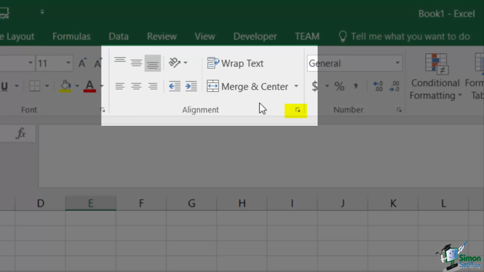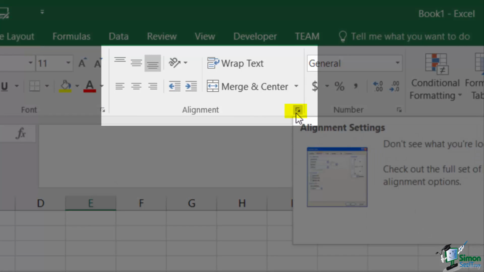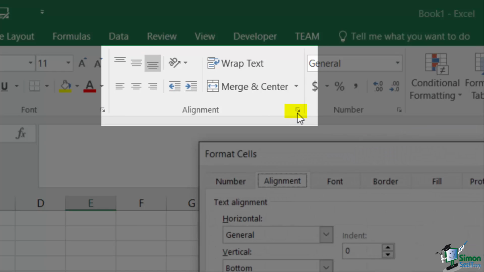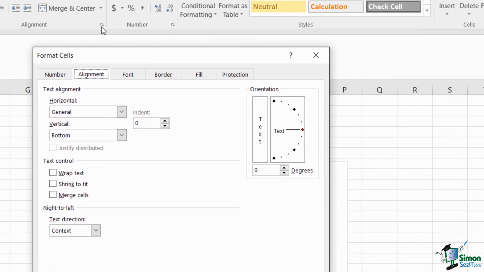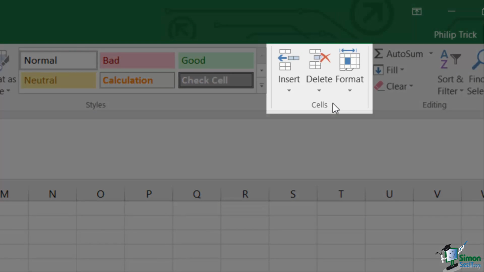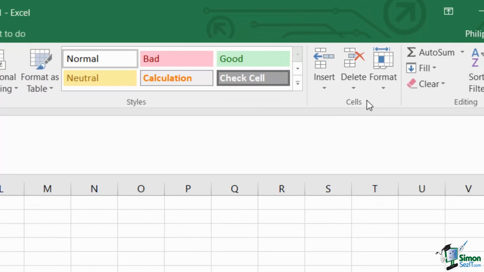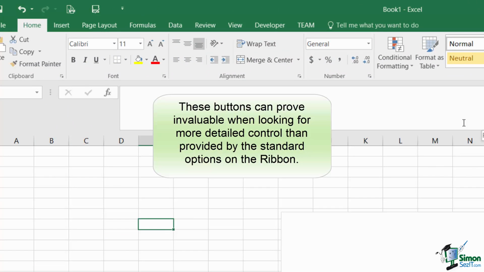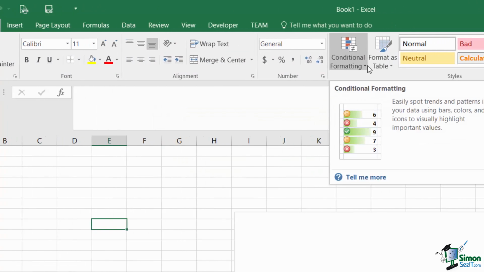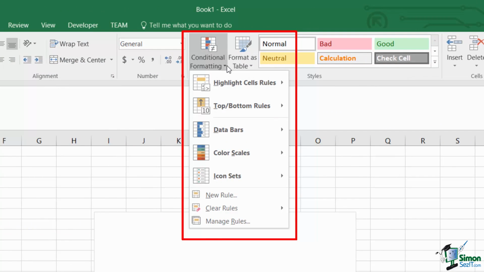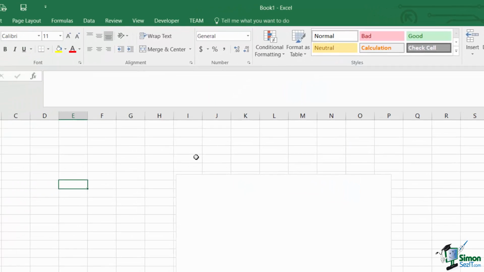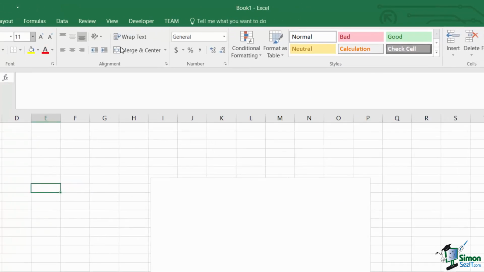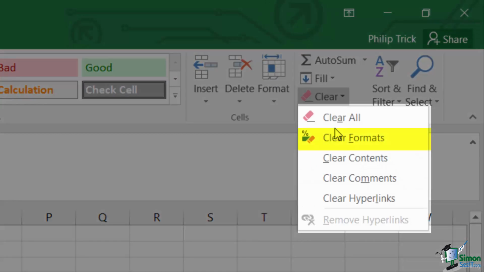If you look carefully, you can see a little button to the bottom right side of the grouping. This button opens up a far more detailed cell formatting window than can be achieved using the formats along the standard ribbon commands. On the other hand, the Cells button group does not have a button. For such commands, I'll indicate that you should go to the Advanced button for the desired button group. For any buttons with an arrow, these are lists of commands available for use. I will refer to these as drop-down boxes. For example, I might ask you to go to the Home tab, and under the Clear drop-down, select the Clear